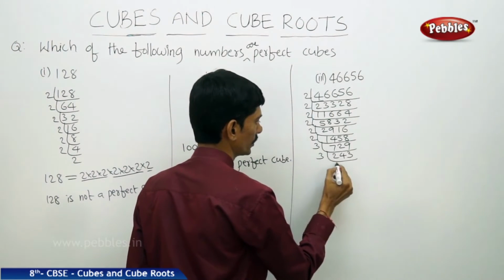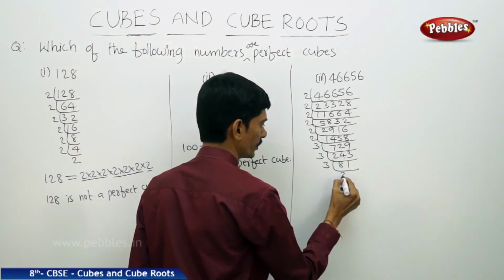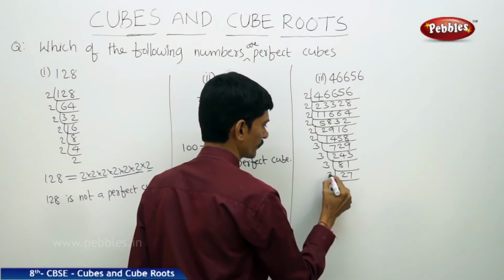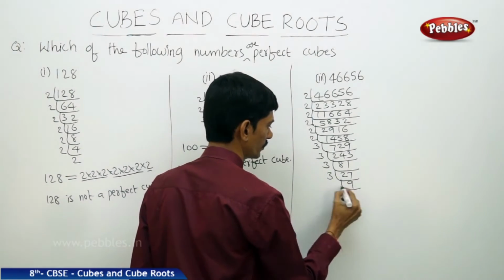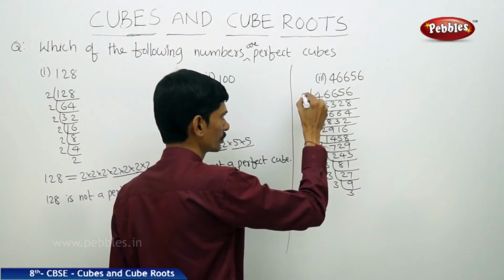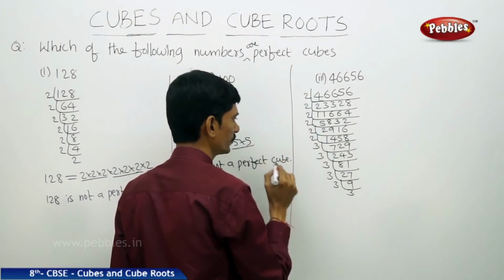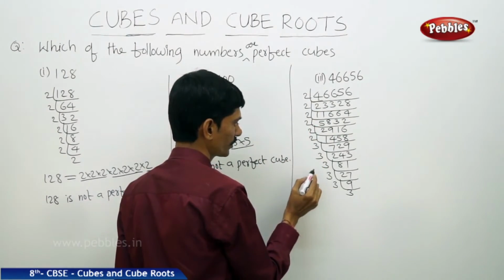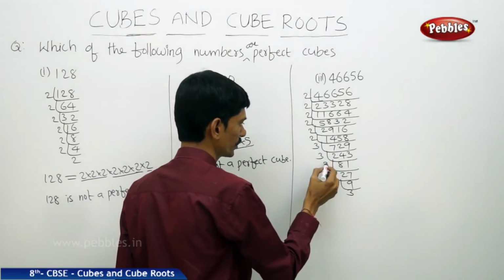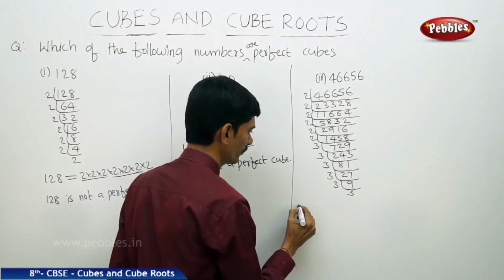Now 3 8's are 24, 3 1's are... 3 27's are 81, 3 9's are 27, 3 3's are 9. So here the first prime factor 2 appears 6 times, and the second prime factor 3 appears 6 times. So we can write that